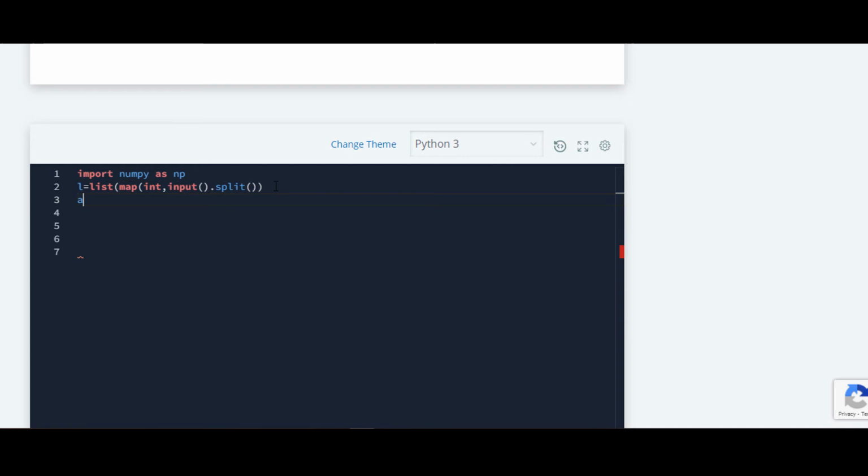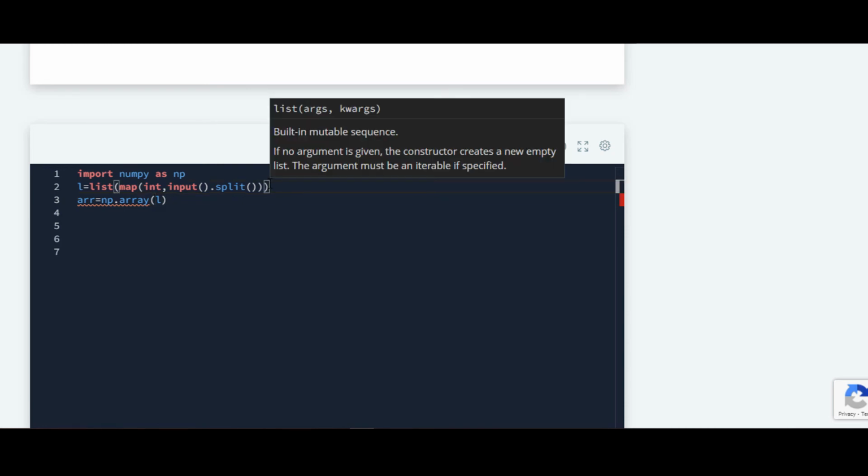Now we have to convert that list to a numpy array. For that we'll require one variable to store it in. As we have mentioned here, import numpy as np, we are going to use np here, and np dot array, and we are going to convert that list into a numpy array. So the variable will be L. So the list has been converted. I don't know why it is giving an error. Okay, so one parenthesis is left.